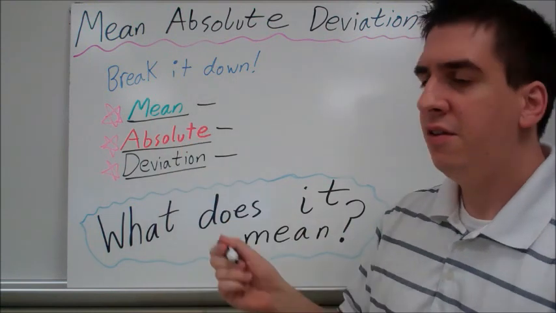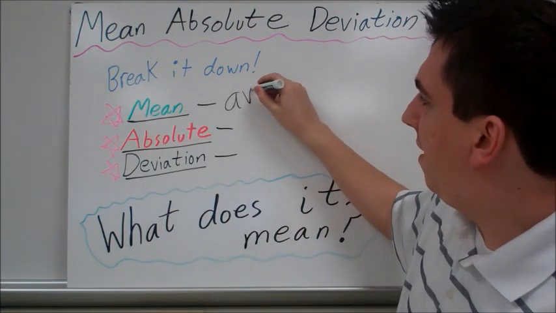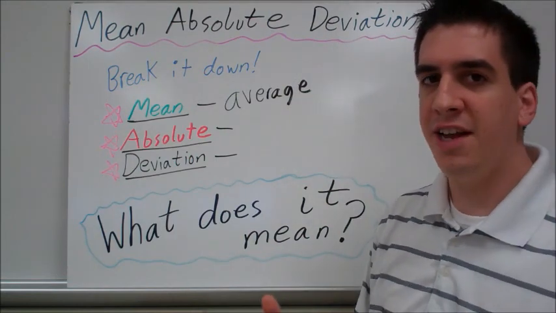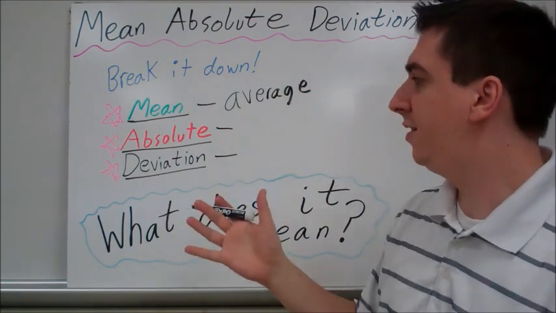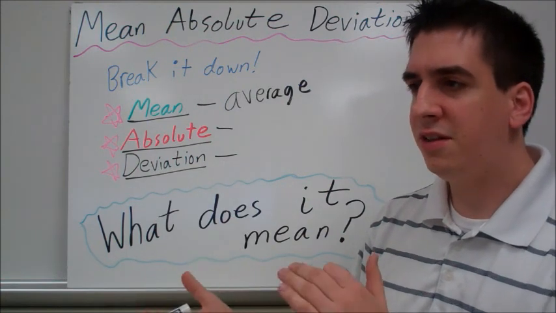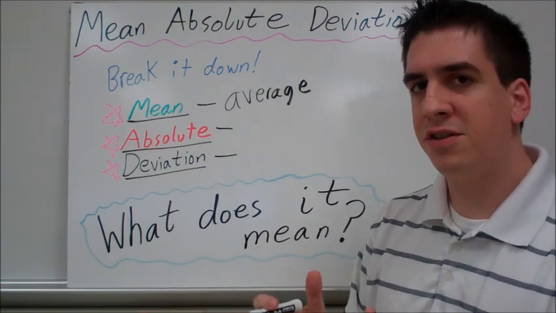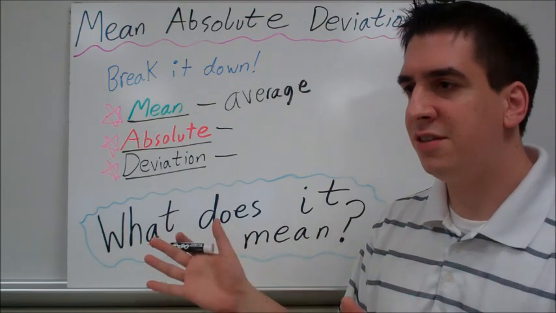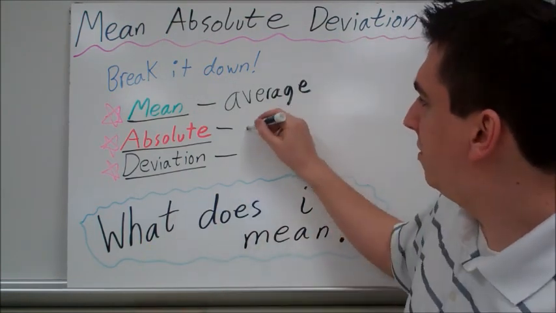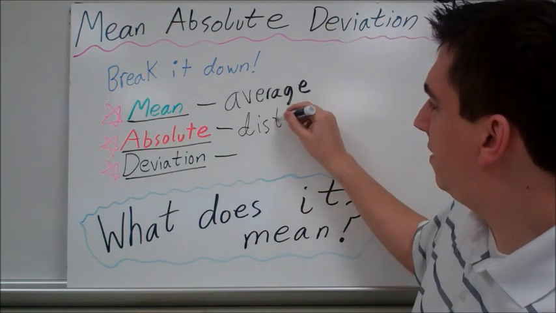The mean, remember from before, a mean is an average. A mean doesn't mean mean like being nasty. It means an average in math. Absolute, have we heard that word before? When we take the difference of two numbers and we find out what distance is between there, that was like an absolute value. So this is like a distance